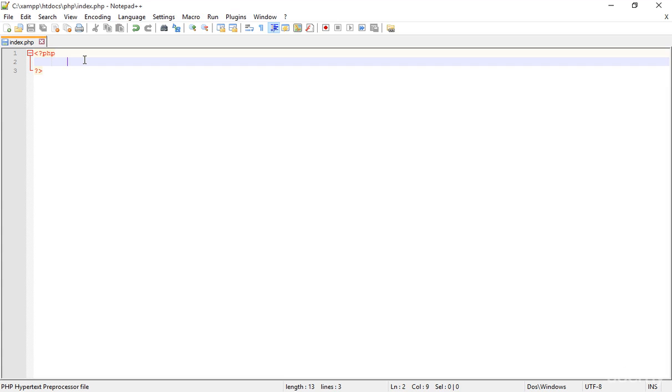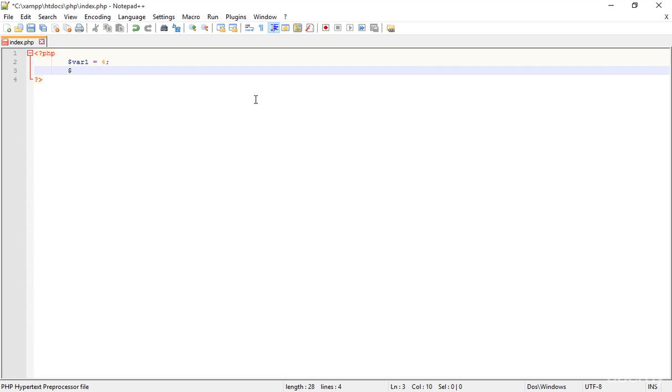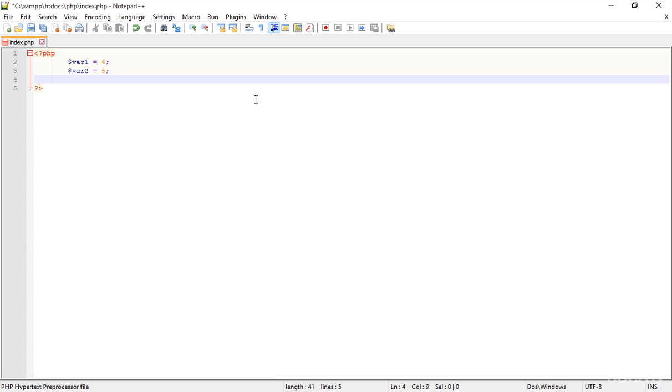First of all, how to use them. Create a dollar sign. As you know, we can create different variables with the dollar sign. Here I'm putting an equals sign and a value. Now this is another variable, variable 2, and I'm putting another value. I'm choosing 5 as the var2 value. So now what I'm doing here is pressing echo and typing var1, and